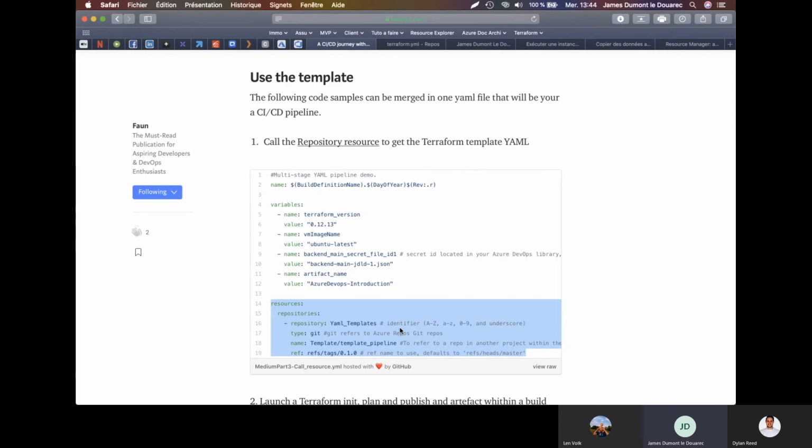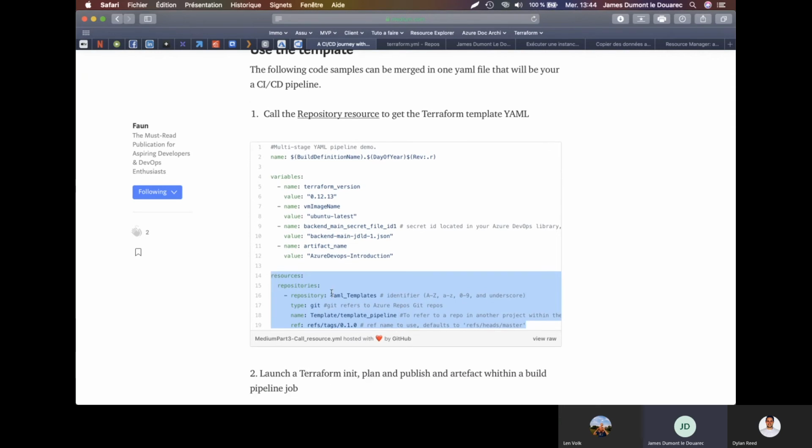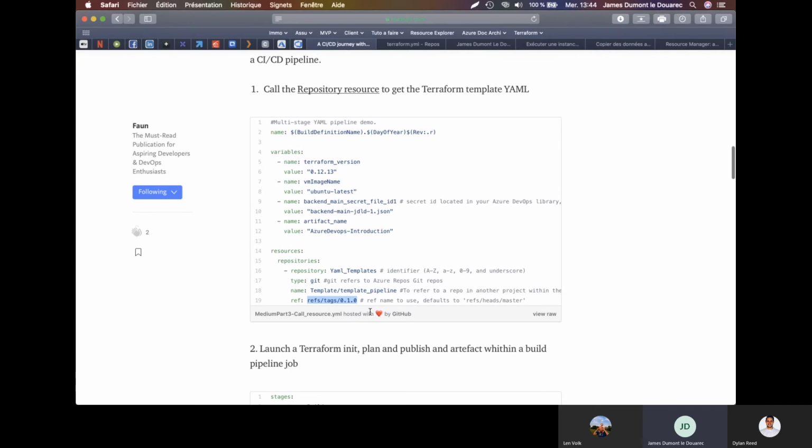This remote resources is a repository, and in my context, the repository is called template pipelines and is located in this Azure DevOps project. And also, it is a good practice to put a tag here just to have the right version of your YAML template file. So this is the first point on how to call this YAML template file.